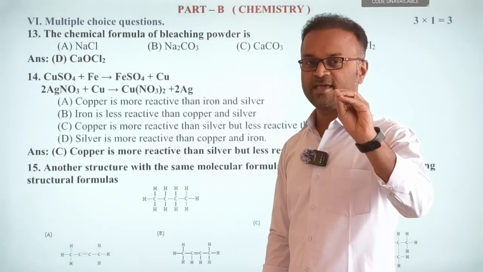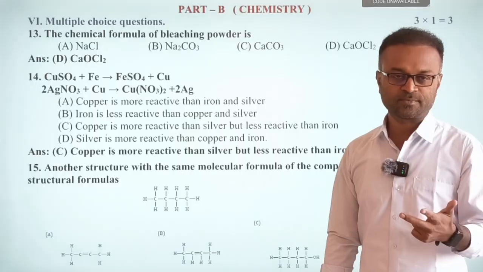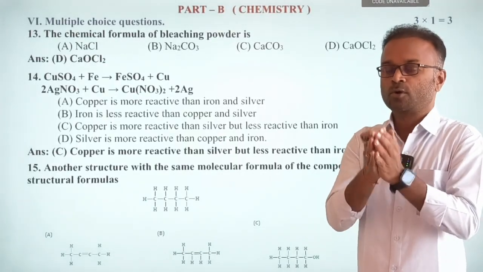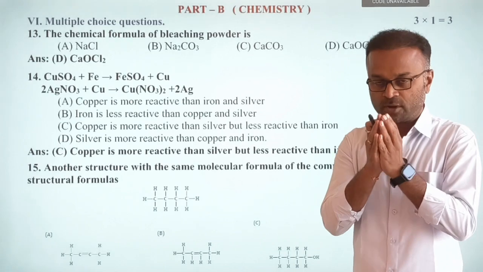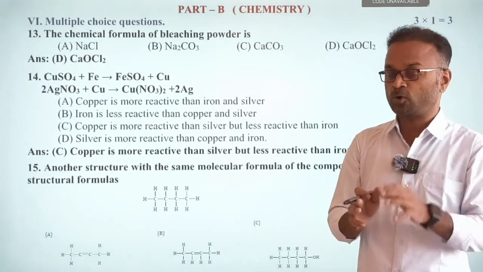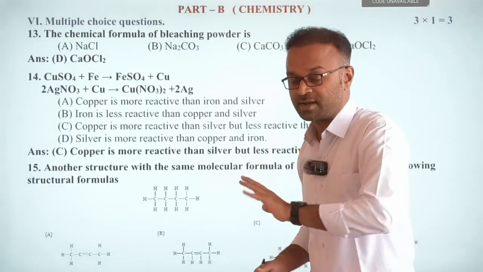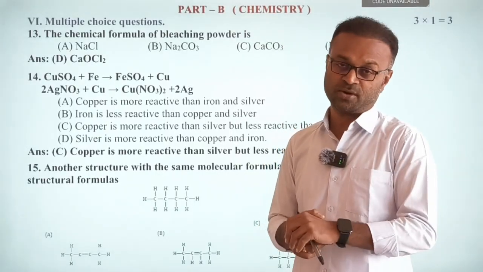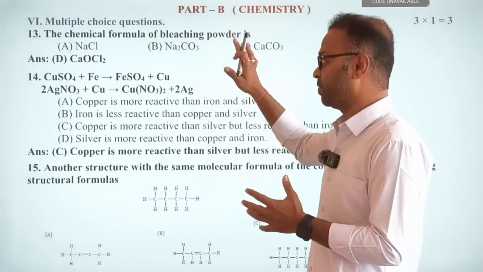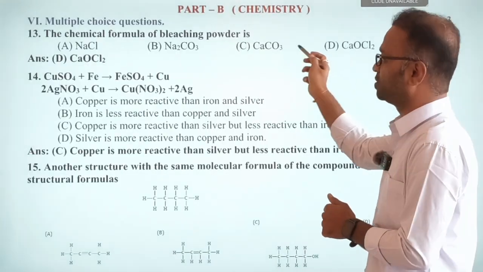Similarly, there are 5 salts: baking soda, washing soda, plaster of Paris, and caustic soda. You should know the common name, chemical formula, preparation and uses of all these 5 salts. Out of these 5 salts, they will definitely ask one, either for 1 mark or as a 3 mark question: write the preparation, molecular formula and uses. So be prepared. This is 100% sure, they keep on asking. The correct answer is calcium oxychloride.